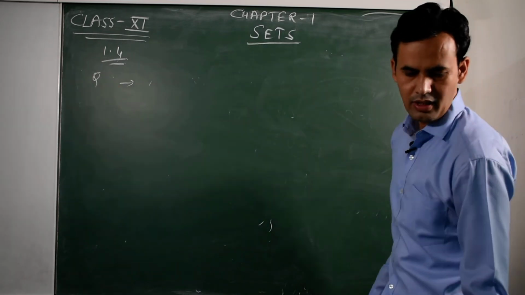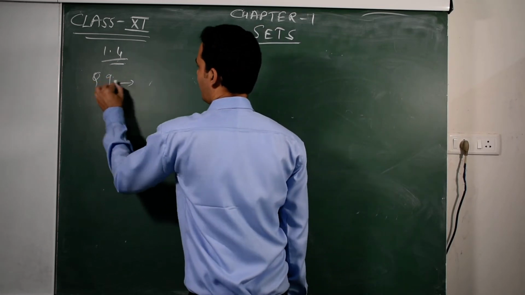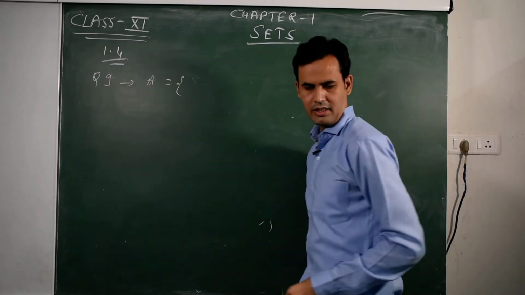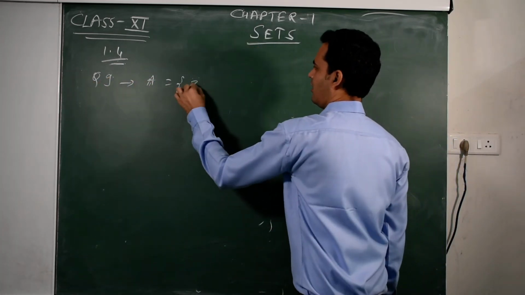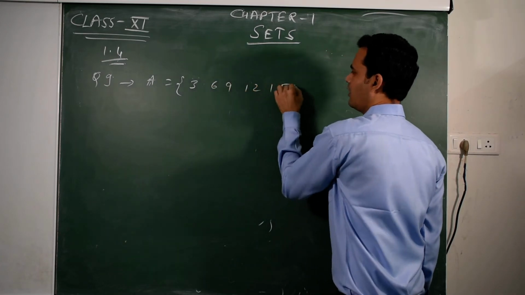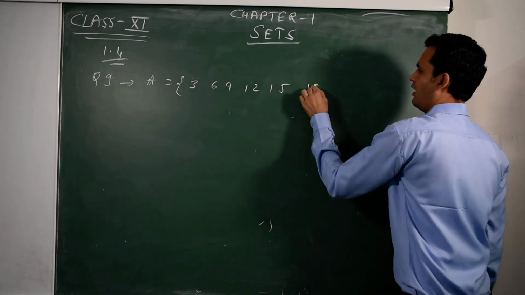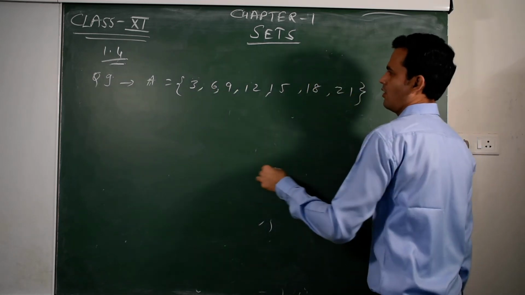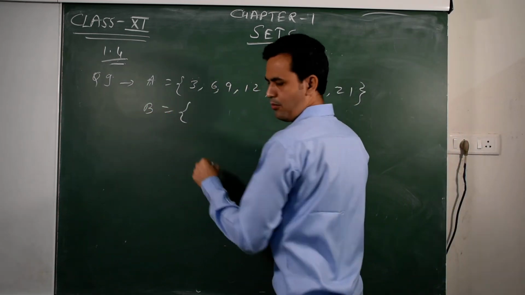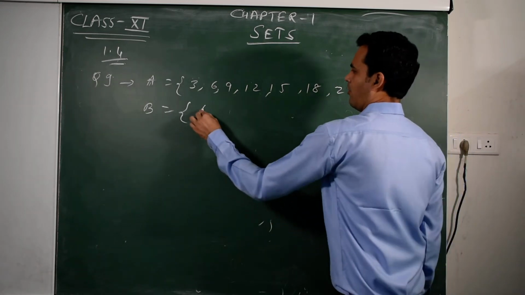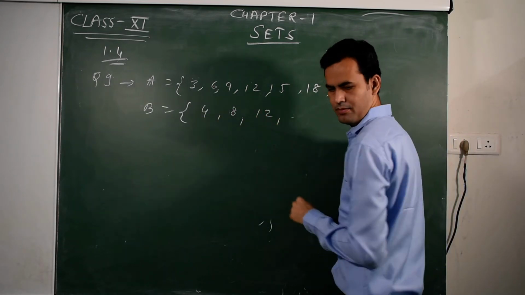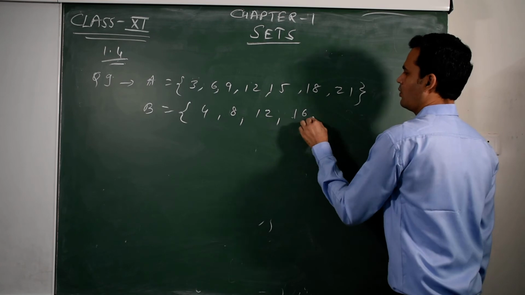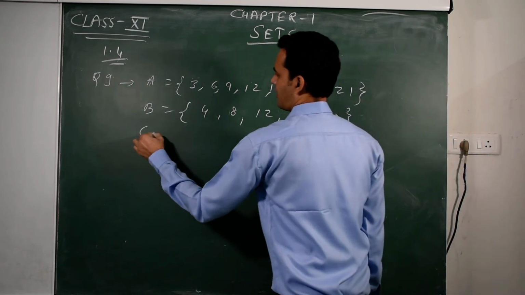In question number 9, we have to find difference of sets. A is the set having elements 3, 6, 9, 12, 15, 18 and 21. These are the elements of set A. Set B: 4, 8, 12, 16 and 20. Set C